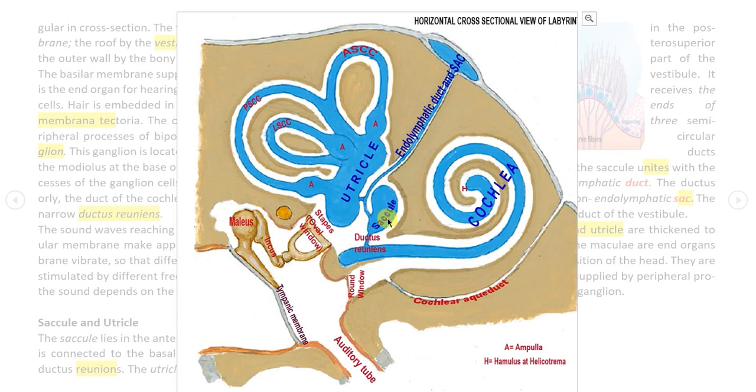Now in this bony membranous labyrinth portion, the saccule communicating with the cochlear duct is called the ductus reuniens. So if you revise the names of all the ducts: the duct joining utricle and saccule is the utriculosaccular duct, continuous with the endolymphatic duct. The duct joining saccule with the cochlear duct is called the ductus reuniens, and then the cochlear duct will turn at the helicotrema and become continuous with the cochlear aqueduct.